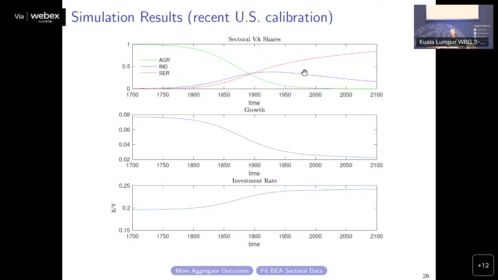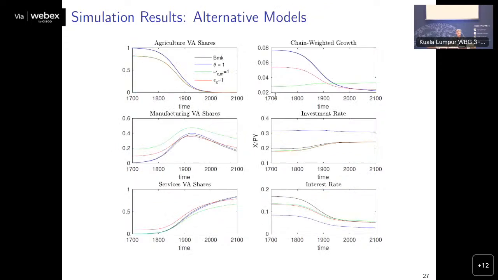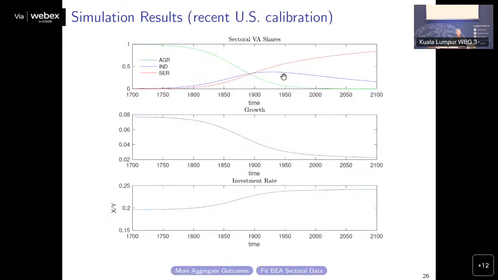Although, obviously the real world has World War II and all sorts of other things that you might think, and open economy and all sorts of stuff that might have adjusted it. So it's not horribly off, but it's certainly not on. But the quantitative magnitude is reasonable. Now, structural transformation is occurring in a way broadly consistent with the data. We now have growth implications, which is, well, let me go to the investment.